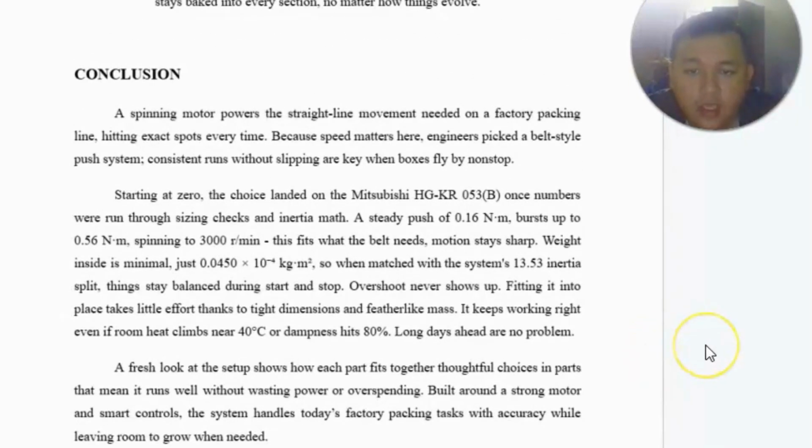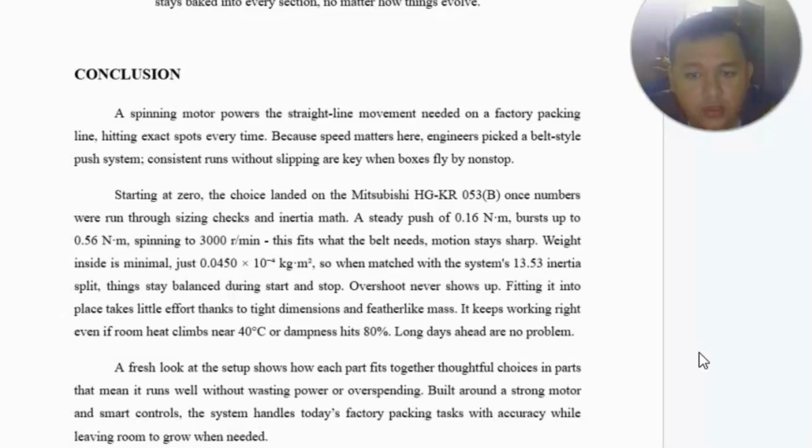Conclusion: Spinning motor power drives the straight line movement needed on a factory packing line, where speed matters. Engineers pick a belt style push system that is consistent and runs without slipping, a key when boxes fly by non-stop. Starting at zero, the choice landed on the Mitsubishi HG-KR 053B. Once the numbers run through the sizing check, the initial max is a steady push of 0.16 Nm,